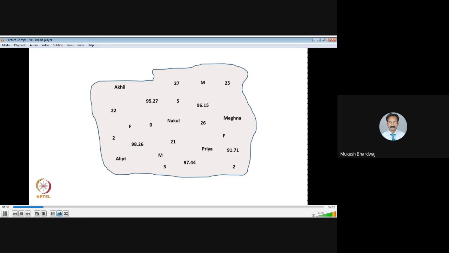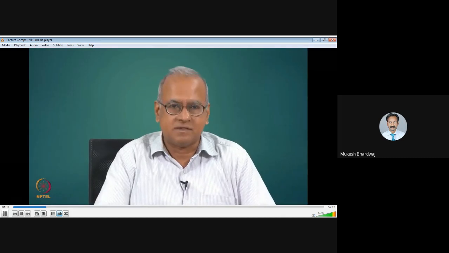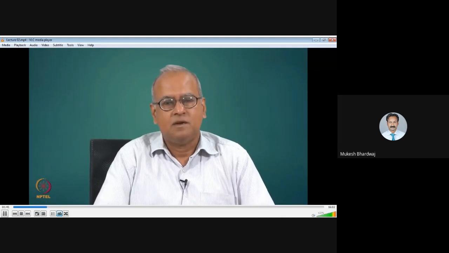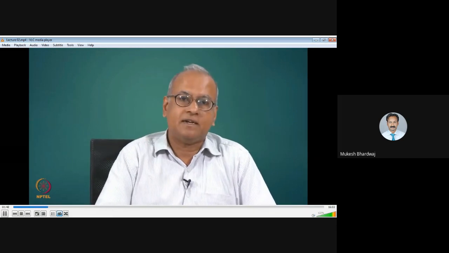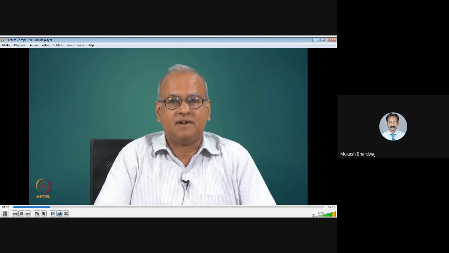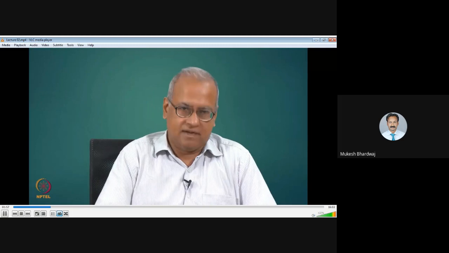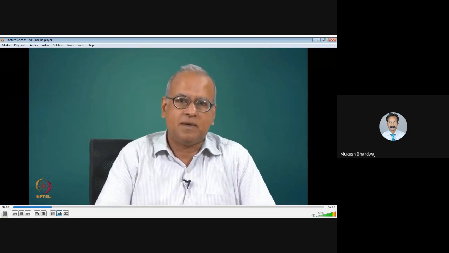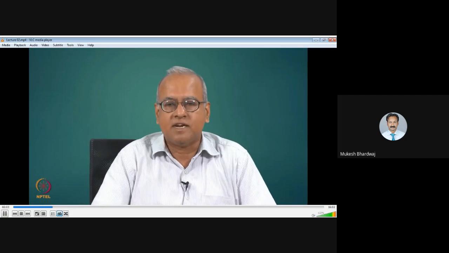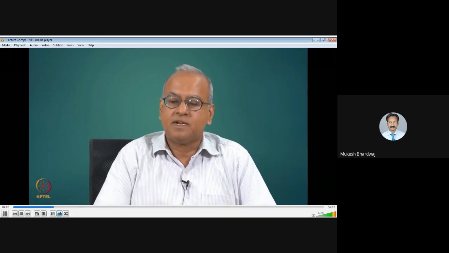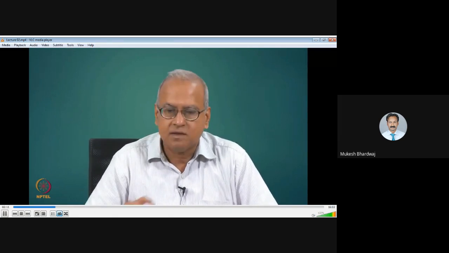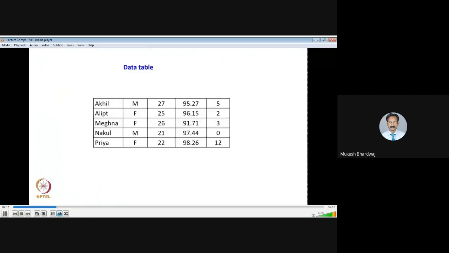So now all these are data, and we'll use this as an example to try and understand the various types of data as well as various categories of data. So from this we can understand that data need not only be numbers but even names could represent data, even symbols could represent data. For example, M and F could represent male and female, which are symbols or notations to represent data, whereas we have names like Meghna or Nakul and so on. So this is some piece of data picked up.